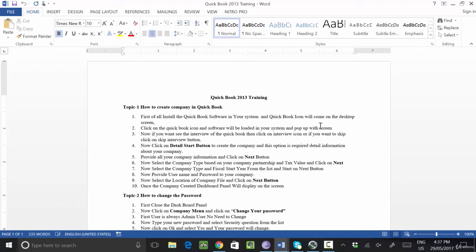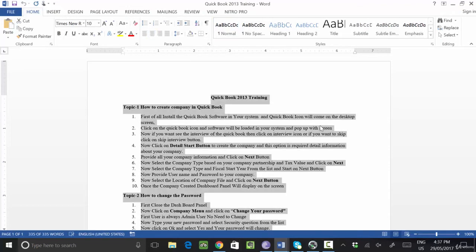Suppose my friend makes some changes in that, but normally I cannot recognize them. If I am reading a book of more than 200 pages, it is very difficult to recognize what word he changed. So I want to understand in which area of my text it has been changed by some person. So what you will do is apply track changes in that. For example, I select all text and I will click on